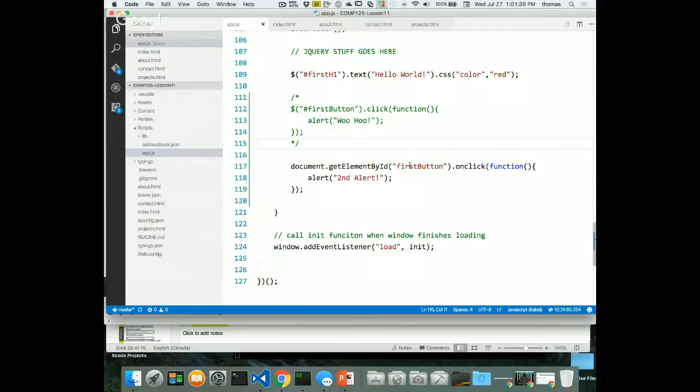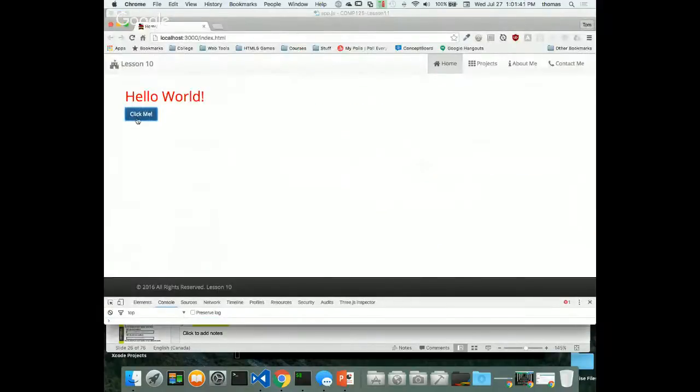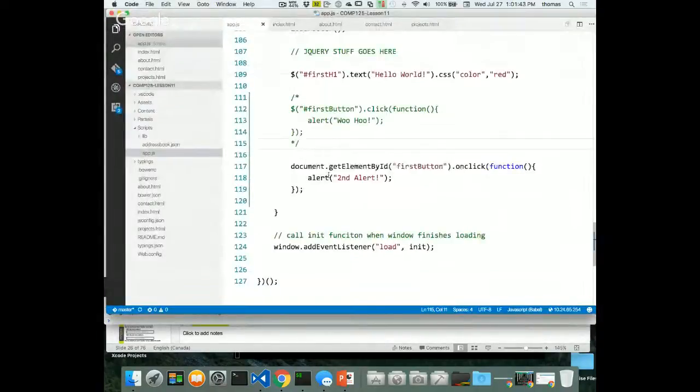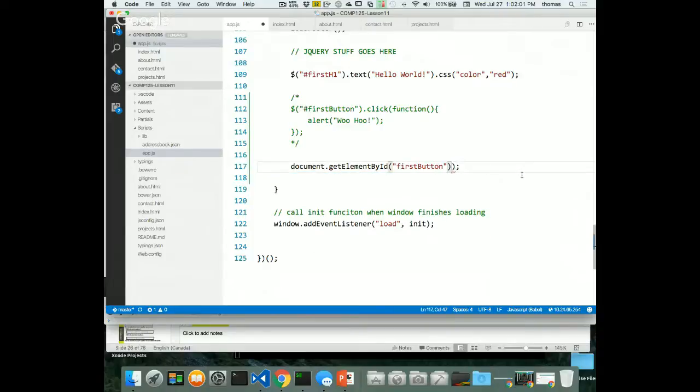Well, it doesn't matter. First button's here, right? We don't care about the other page. All we care about is the index page. Why is it not seeing this thing? Is there a problem with the code? Okay, let me write it differently for you so you can see it a little differently. The stuff that you're used to. So document.getElementById first button dot